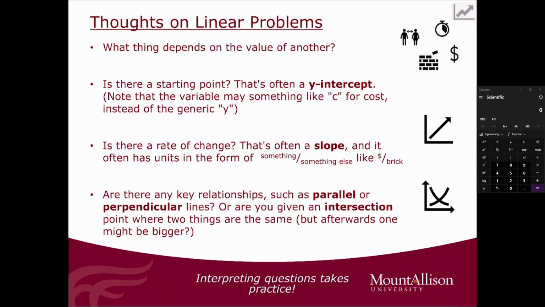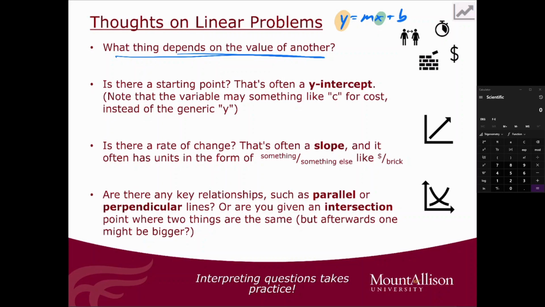Now, when you're looking at linear problems, there's a few things I might suggest as starting points. Questions to ask yourself when you're reading through it. So what thing depends on the value of another? When you have a linear equation, y is equal to mx plus b, the y value is the dependent variable that depends on the value of this independent variable x. Now, I know that sometimes it's not so clear-cut what thing is dependent on the other. It's really in the context of the question,